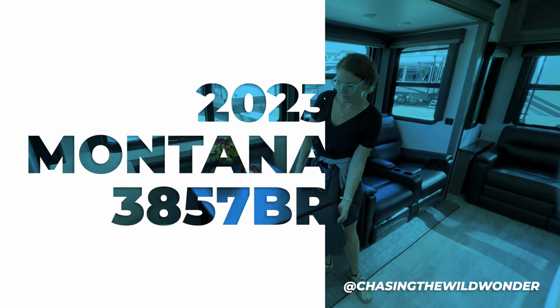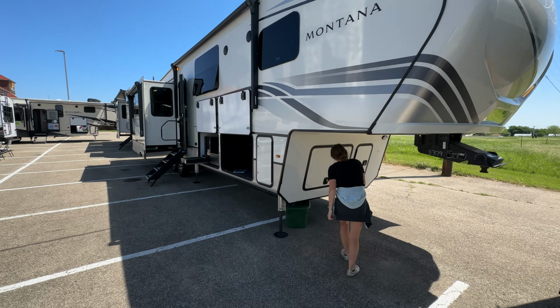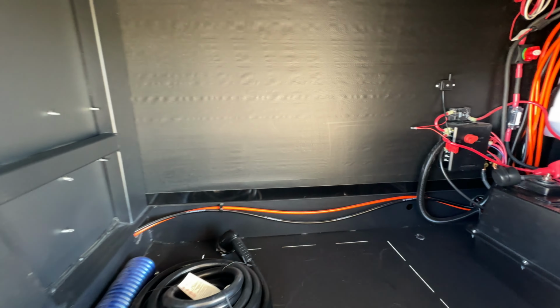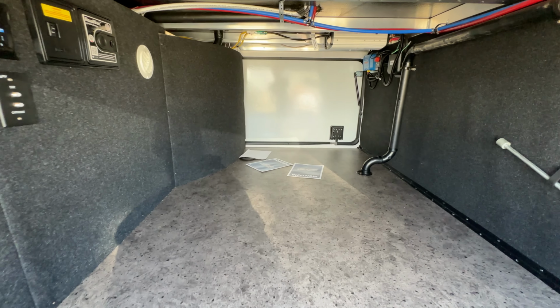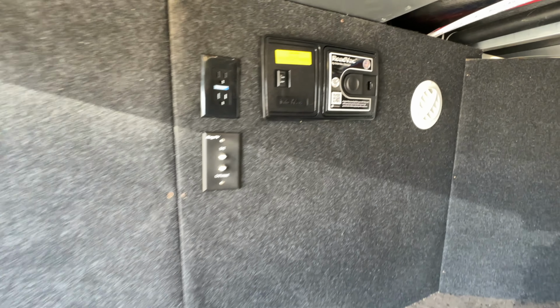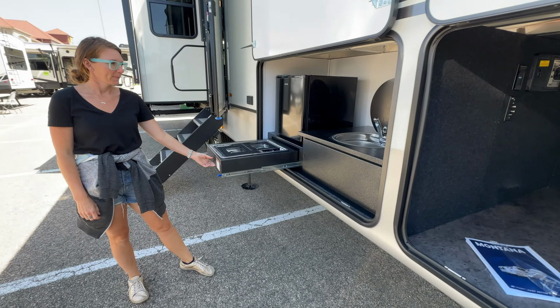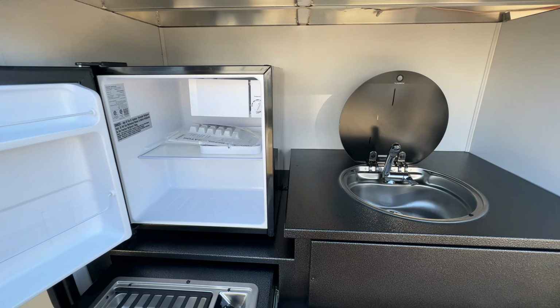Come check out this brand new 2023 Montana Fifth Wheel, the 3857BR. If you're looking for a trailer with lots of outside storage space, this model delivers with its large storage bays. And this built-in Roadvac vacuum system is a welcome bonus. There's even a small outdoor kitchen right outside the front door with a sink, mini fridge, and a 2-burner gas